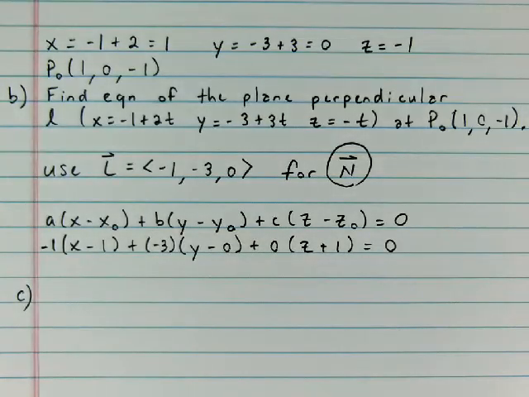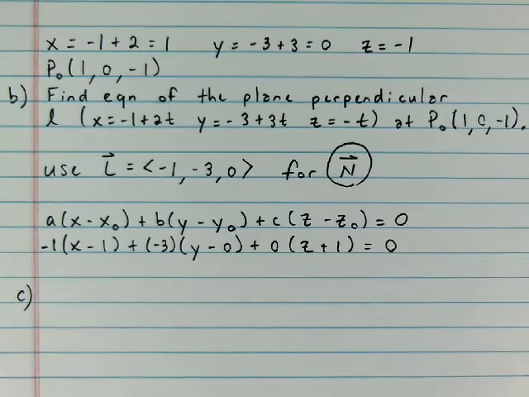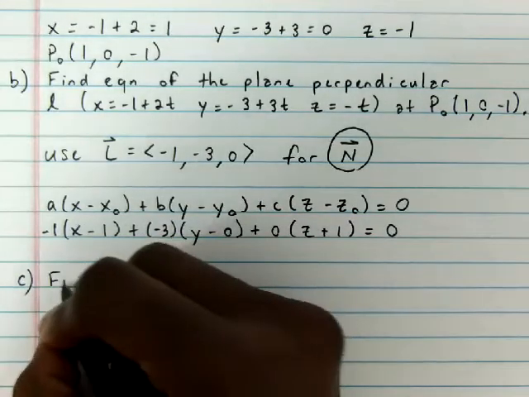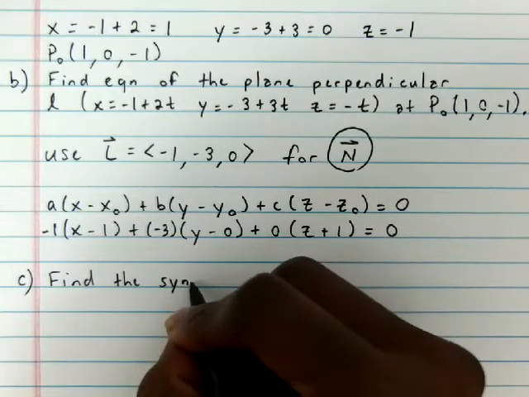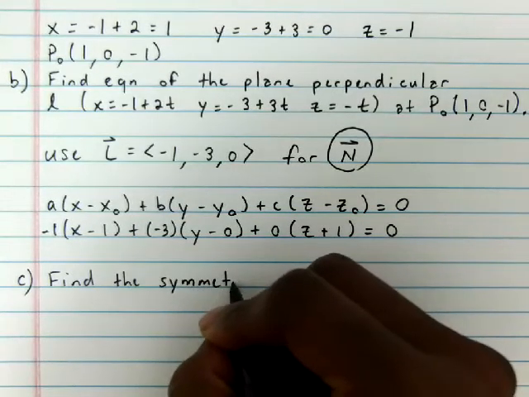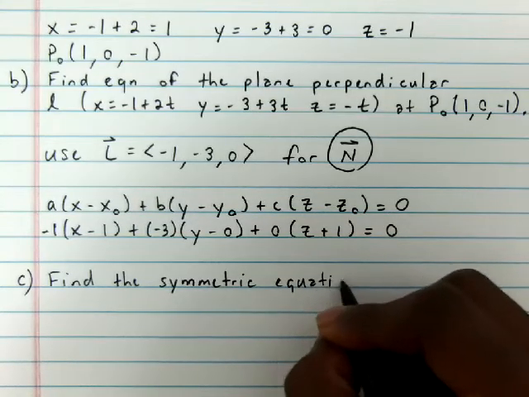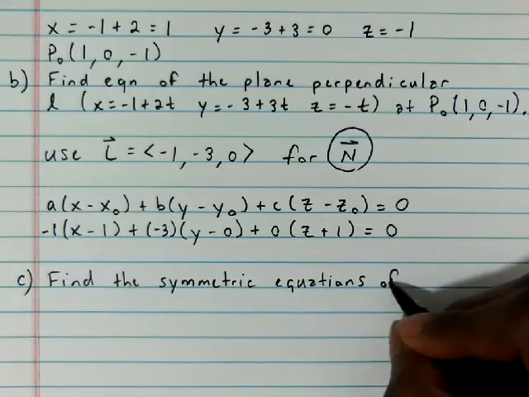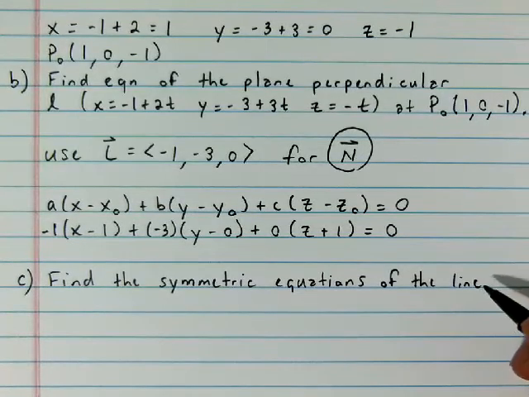All right, now the last part of part C says: find symmetric equations of the line perpendicular to script P at P0. So script P was the original plane that they gave us. So they said find symmetric equations of the line perpendicular to